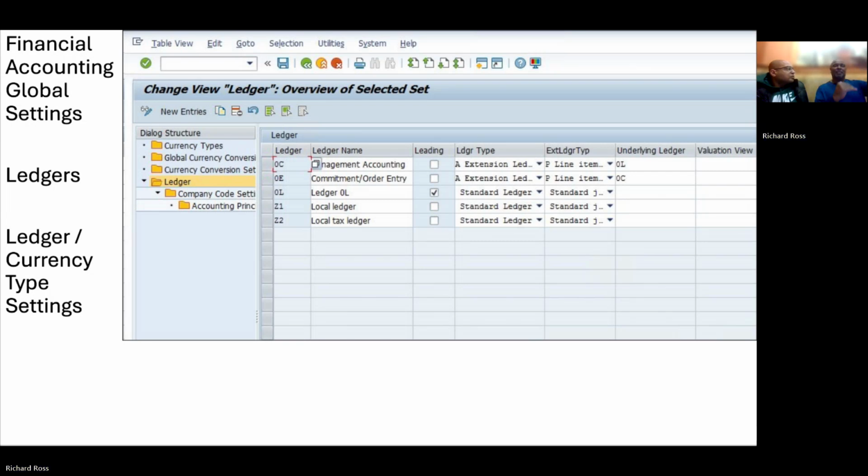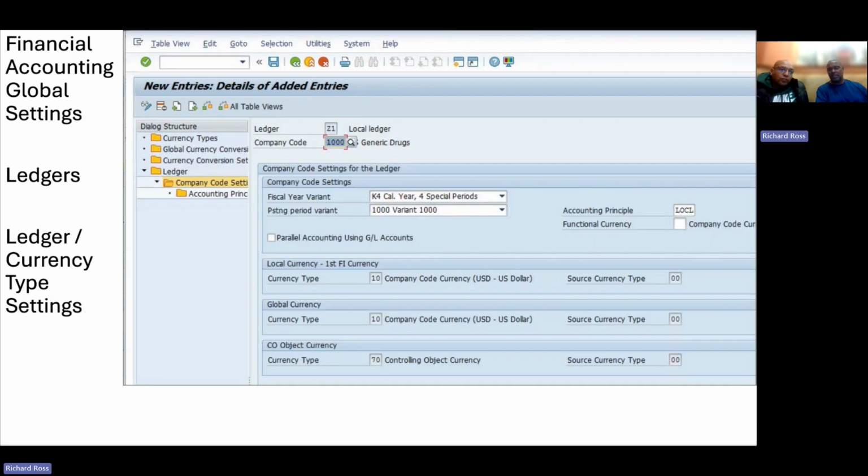Some countries may not have that same arrangement, and they have certain other requirements. Those are country specific, and you can have those local ledgers operating in that country. So, as you can see here,